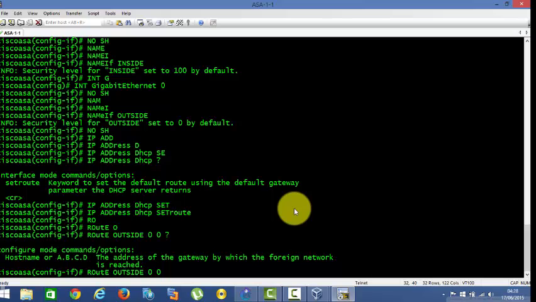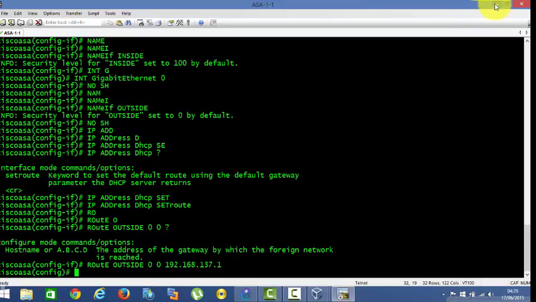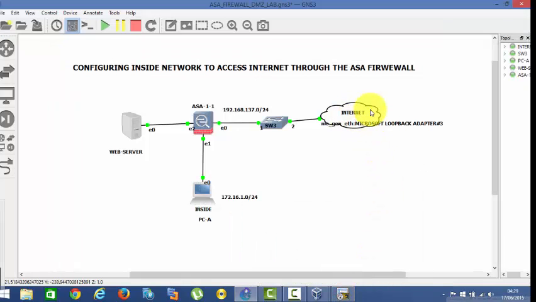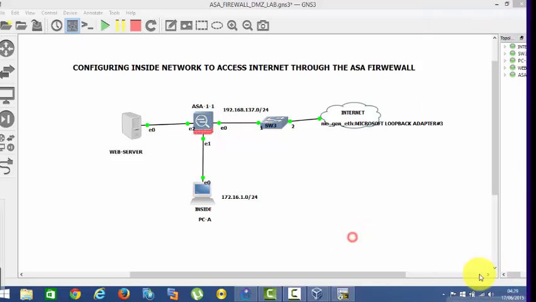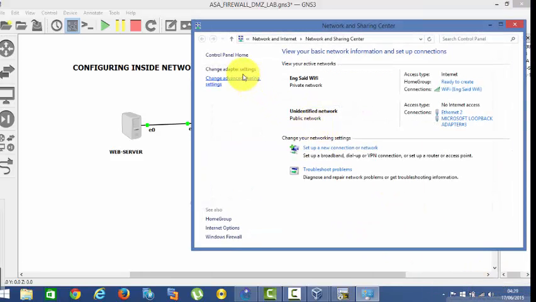So then we say 192.168.137.1. The reason we are giving .1 is because this one always has .1. If you want me to show you that one, I can show you. I will show you because